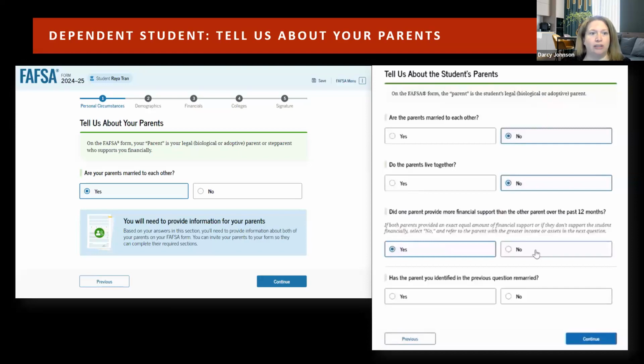And there's a little notation on here. On the FAFSA form, your parent is your legal parent or stepparent who supports you financially. So by legal, the biological or adoptive parent. The first thing it's going to ask is, are your parents married to each other? If yes, then it's going to take you to the invitation screen. You list out the parent's name, date of birth, social, email address, at the very minimum, name and email address